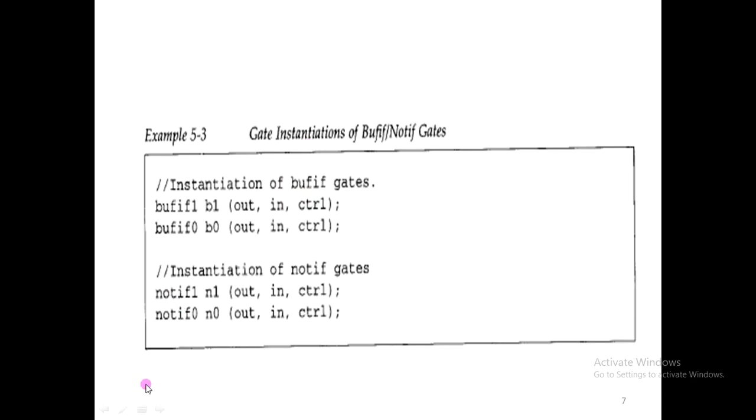Now, how to use this in the gate instantiation? In the gate instantiation, bufif1 is a Verilog primitive, B1 is an optional label, B0 is an optional label, N1, N0, all these are optional labels. First place is reserved for output. Let me write it here. Bufif1 looks like this, with CTRL.